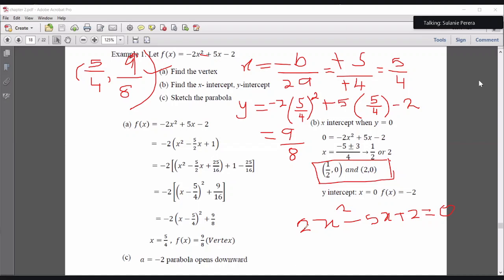So what do we do? You find the factors. If you can't find them, you could write this: x equals minus b plus or minus the square root of b squared minus 4ac, over 2a. So using this, you can find the x-intercept. X-intercept is when y is 0. So you will get one as (1/2, 0), the other is (2, 0).